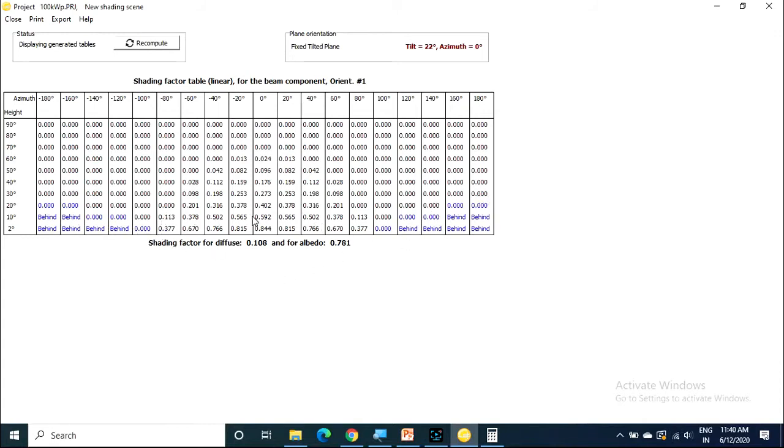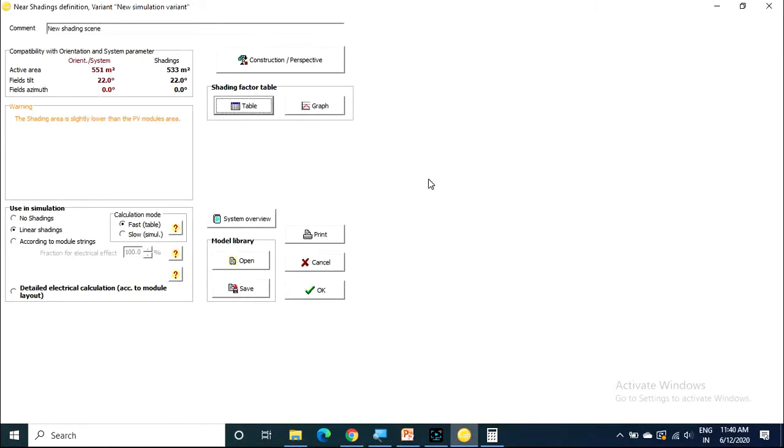And you can see these are the shading factors. Now this means we are considering the shading losses. Now shading losses are computed. Click on OK. And one more thing I have to show,